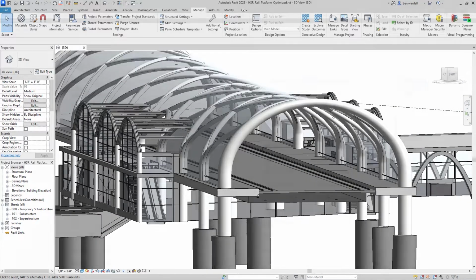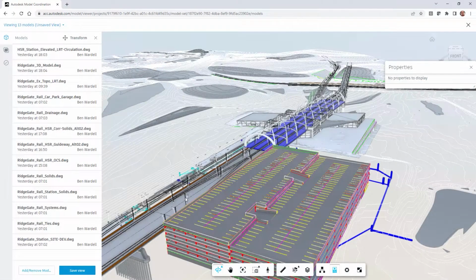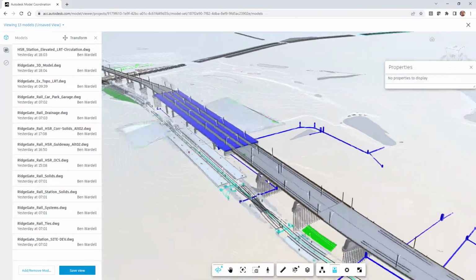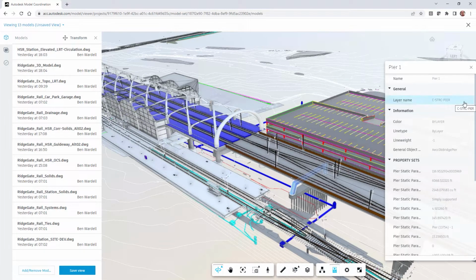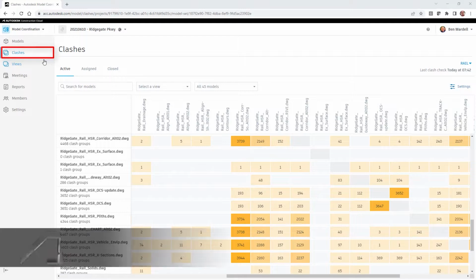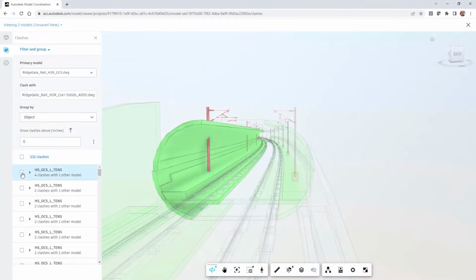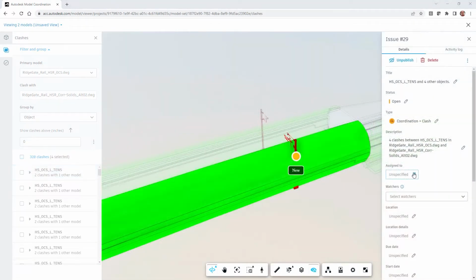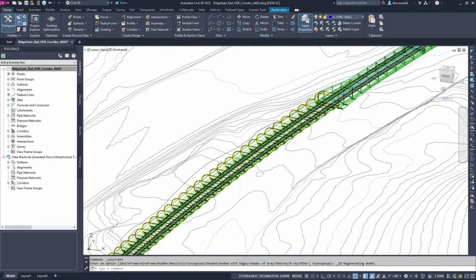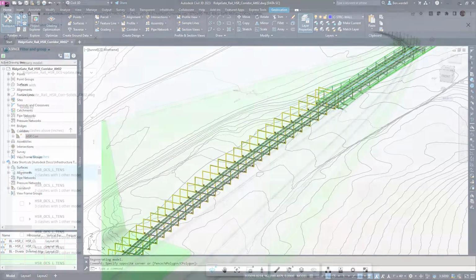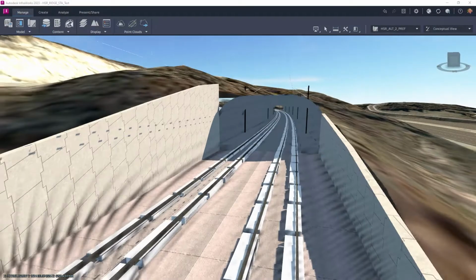The Model Coordination module adds valuable insight to the constructability review process. Model views are set up as part of the interdisciplinary design coordination process, enabling the team to view an aggregated project model. Clash detection features allow engineers and contractors to review any potential conflicts prior to construction, thus helping to avoid costly rework and in-field conflicts. Issues are used to document clashes, assign to relevant stakeholders, and track their resolution, ensuring efficient communication across the project team.